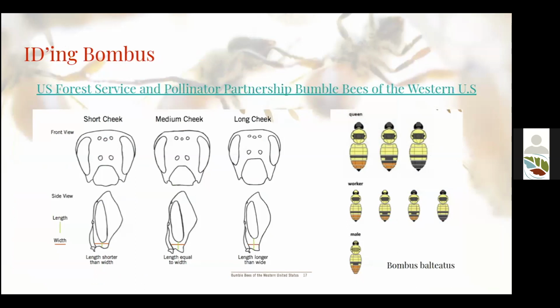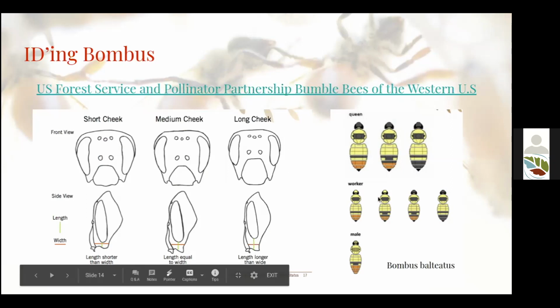And one of the most important tools that bee biologists or taxonomists use in identifying bees down to the species level is the size of their cheek. And so you might have a very short cheek, a medium cheek, or long cheek. And really the only way to measure that is to catch your specimen, pin it and preserve it, and then get them underneath a dissecting scope. And so these practices are not very practical for most hobbyists or people who are just bee enthusiasts out in the field and doing site identifications.